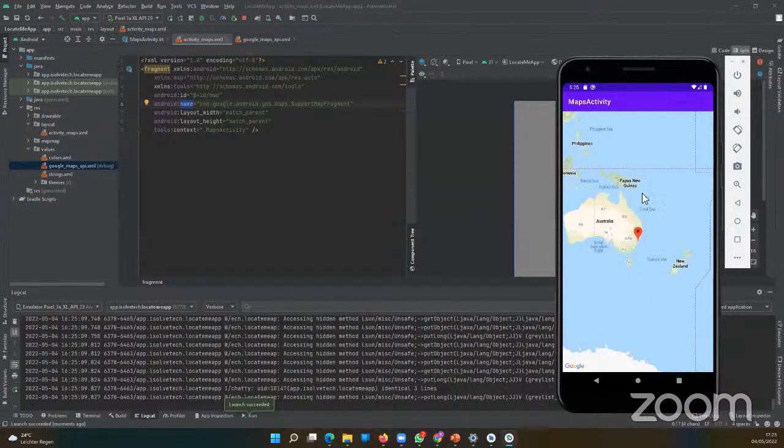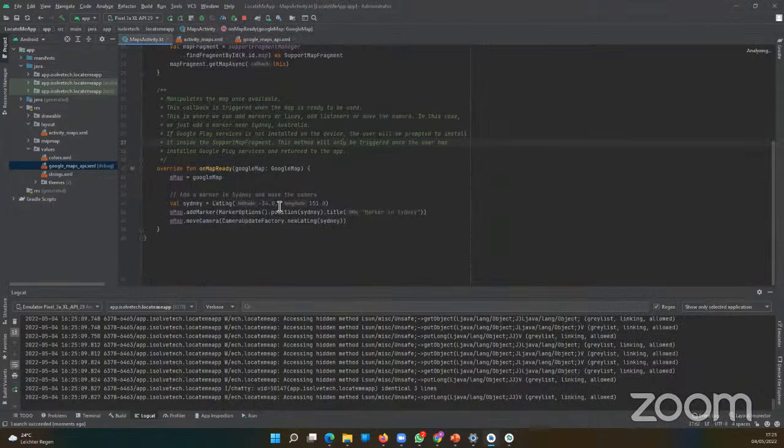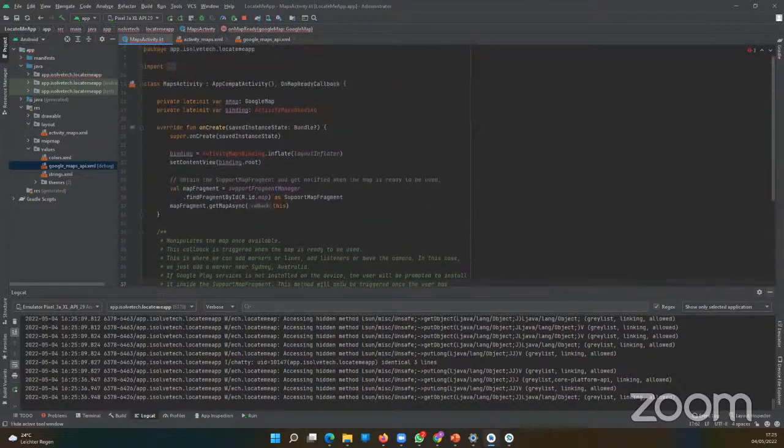Okay, now you can see this pointer and everything here is with respect to a default latitude and longitude. This came by default when we created this. So it's using the -34, so this is for Sydney. And then of course we can make our own adjustments. So first things first, I want to